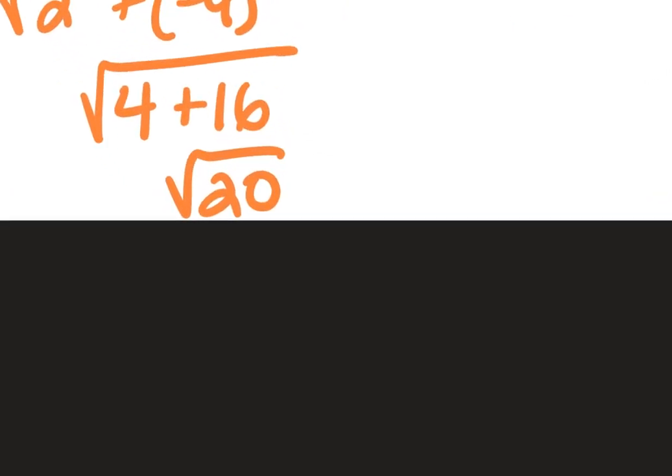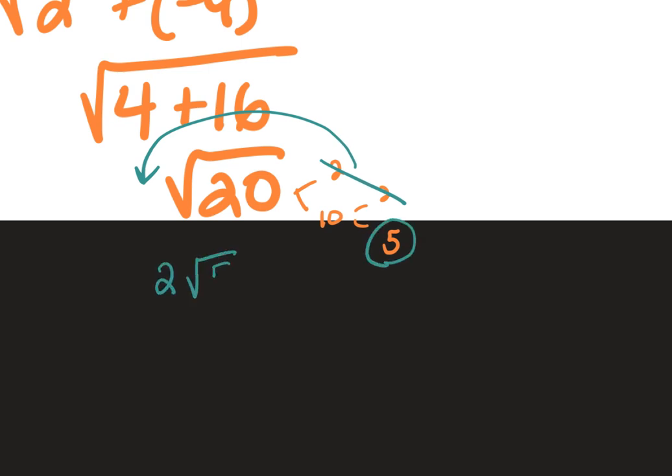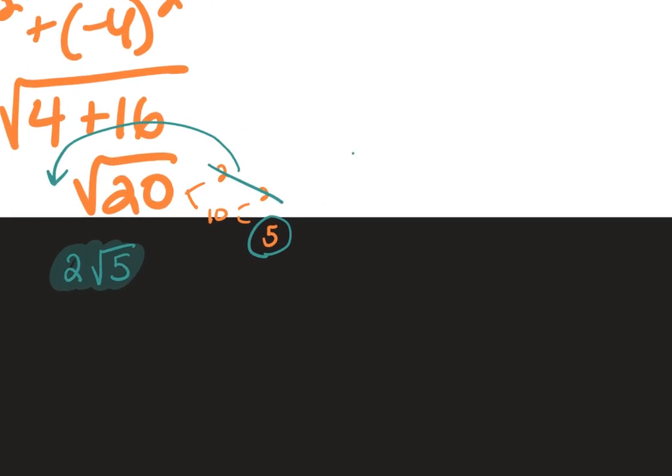So I'm going to take that 20 and use the factor tree. 20 is 2 and 10, which is 2 and 5. And then for each pair of a number, one of those numbers is going to go to the outside. So it's 2 on the outside, and then the 5 would stay underneath the radical. The other way to break that down is to break it down into a product with a perfect square. So because 4 goes in here, I can break it down into 4 and 5, and the square root of 4 becomes 2, and the 5 stays underneath. So whichever way you're the most comfortable